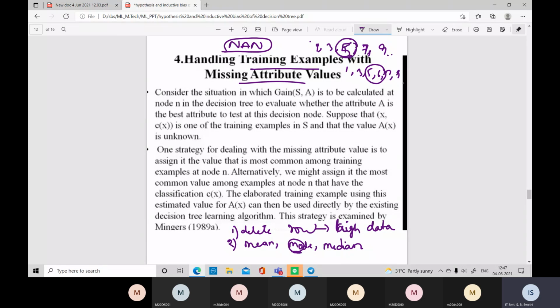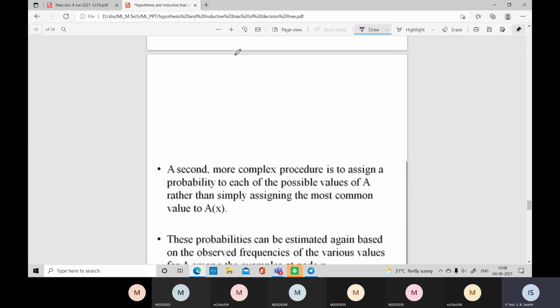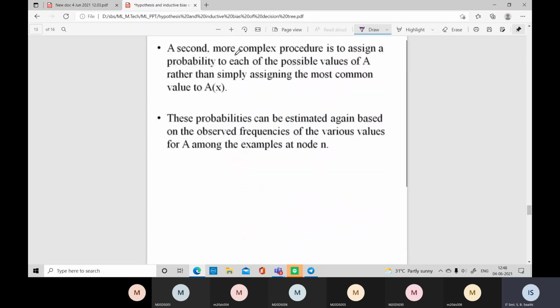If the total number of elements in that particular column is even, then we will take the middle 2 elements and do the average of these two, and whatever value we get, we will replace in the NaN value. So there are two techniques in median. And coming to the mode, if suppose in that particular column 3 is repeated a lot of times, then 3 will be placed in the place of the NaN value. So these are the different techniques to handle the missing values or NaN values.